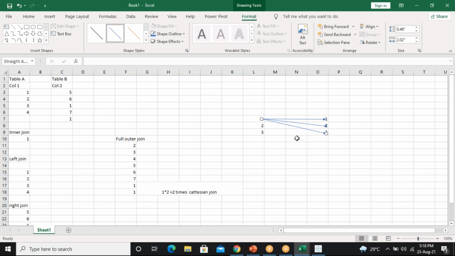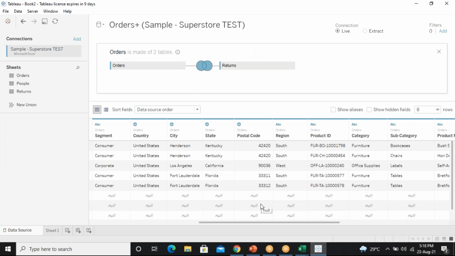Nothing will be left; everything from this side and that side will be joined or connected with the other side. Clear? So that will be considered as cross join. Clear? Anyone have any doubt in this? Yes, sir.